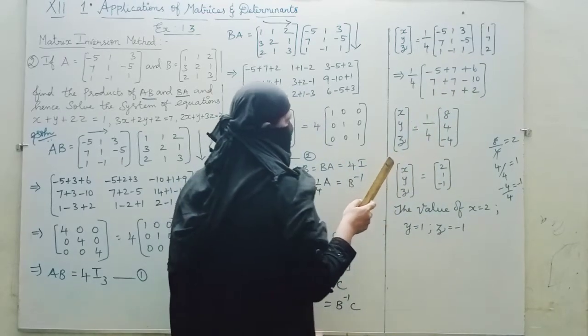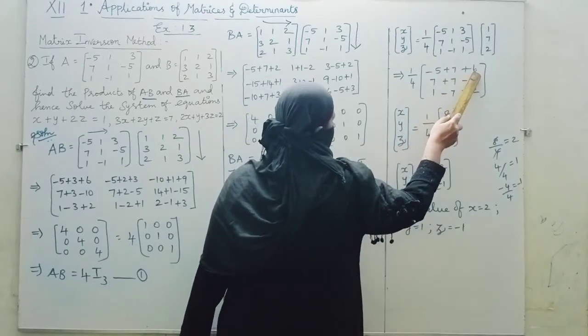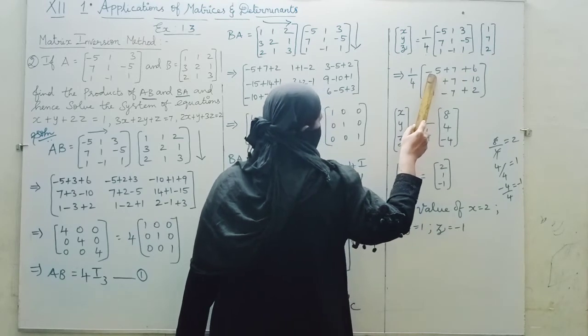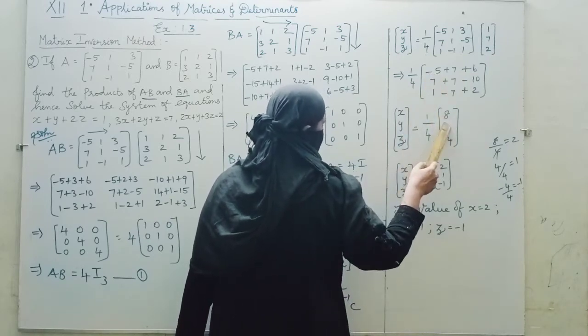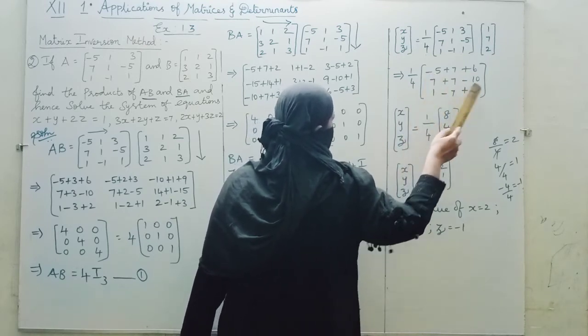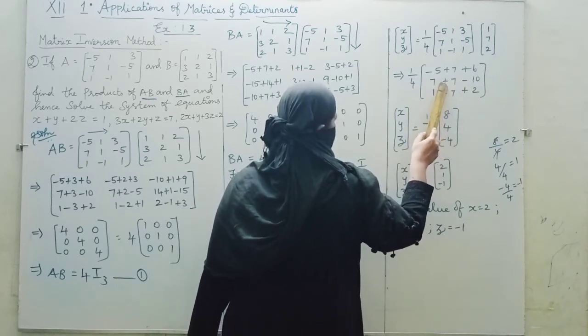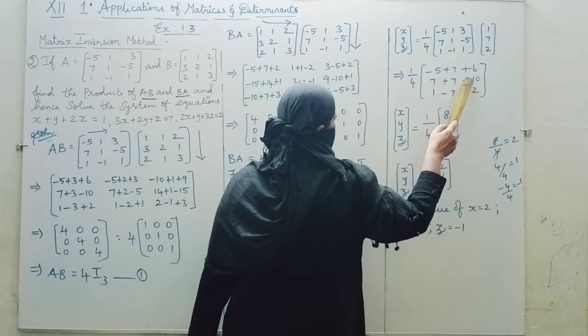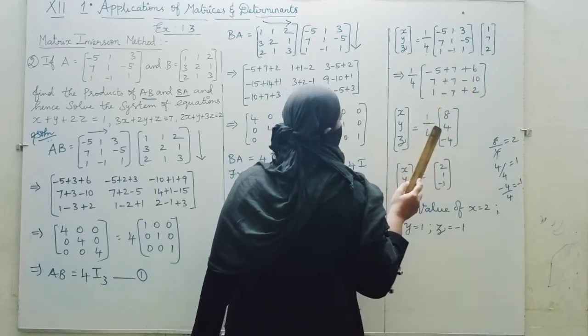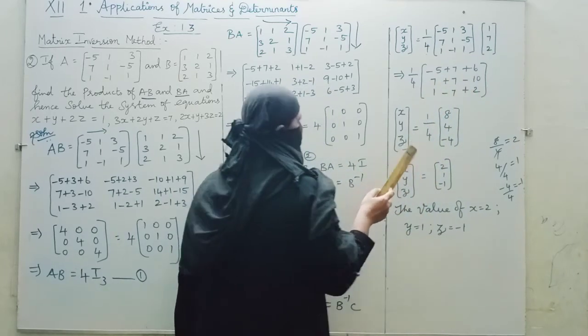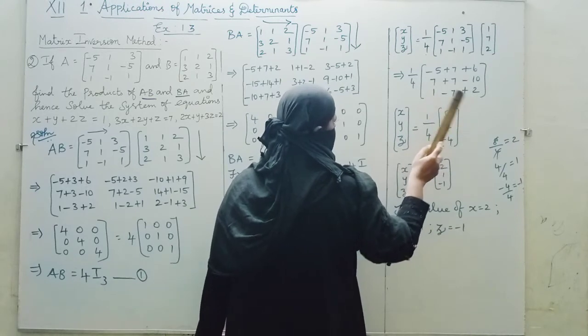Now you can simplify this one. You will get, add these two and subtract with -5. You can get the answer as 8. This 2 you can add it and subtract with -10. When you add, the bigger number is 14. So 14 plus -10, we apply the sign of the bigger number. 14 minus 10 gives +4. 2 plus 1 is 3. 3 minus 7 is -4.